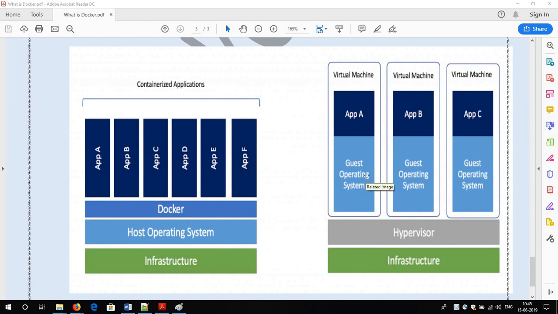So after 5 servers, if I require a 6th server, I will not be able to provision it as I am out of resources. But with Docker, suppose I ran a CentOS container or any operating system container. Any container will consume only the minimal required space.